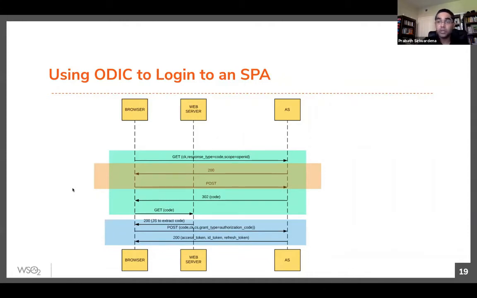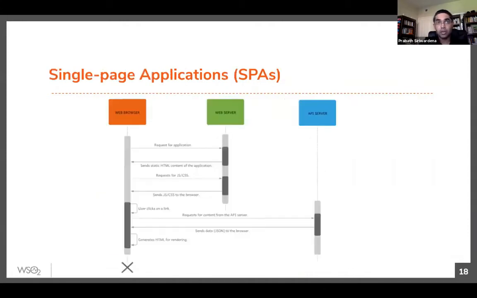Then there's a question. What does it mean to log in to a single page app? A single page app is a public client, so it's totally under the control of the end user. The browser may enforce certain restrictions, but once again, the browser is under my control. If I want to spoof anything, I can do that. I can write my own browser plugins and do anything to my browser.